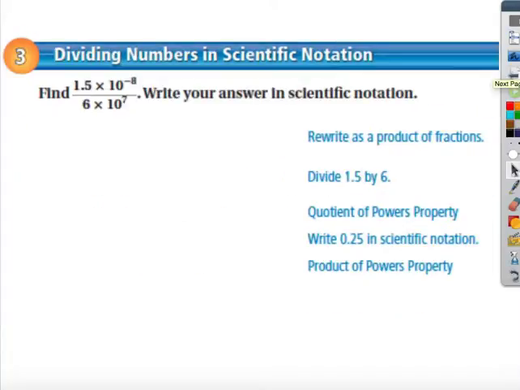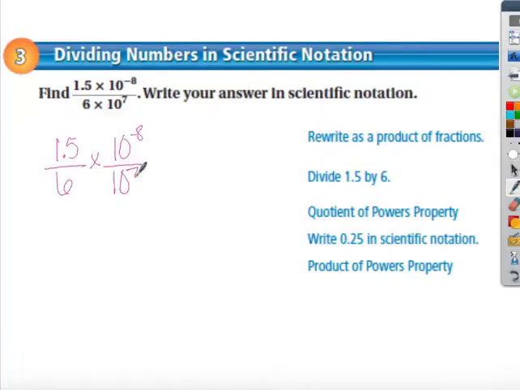Now we have a division example. 1.5 times 10 to the negative 8 divided by 6 times 10 to the 7th power. Now remember, when we were studying our exponent properties, we talked about how you could break this apart. So that's what we're going to do. We're going to rewrite this as the product of two fractions. Okay, so we have 1.5 divided by 6 times 10 to the negative 8 divided by 10 to the 7th